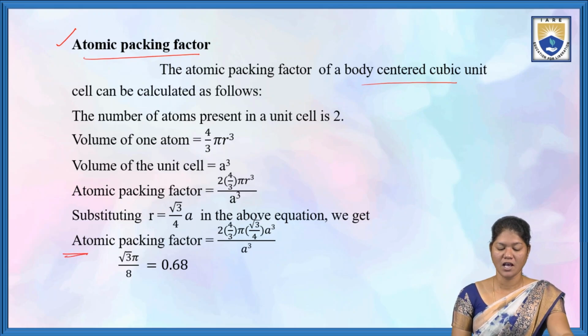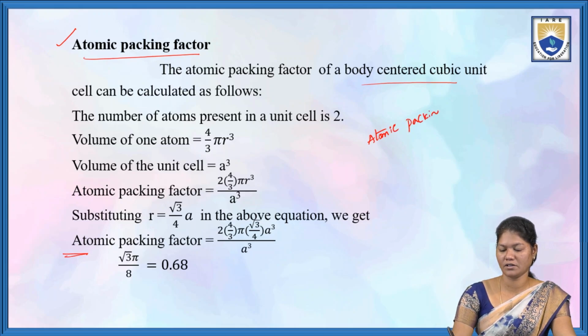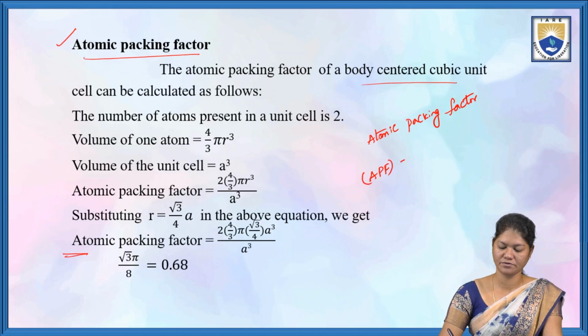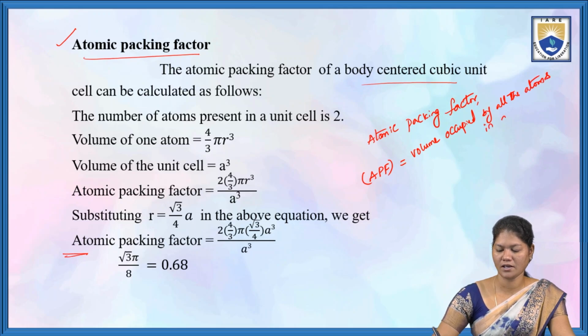The atomic packing factor, simply APF, is equal to the volume occupied by all the atoms in a unit cell